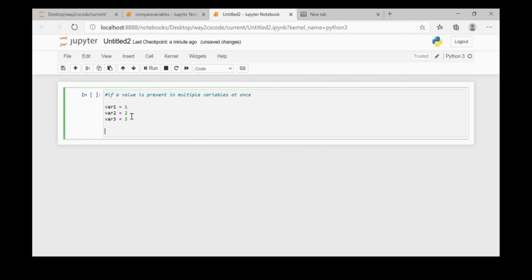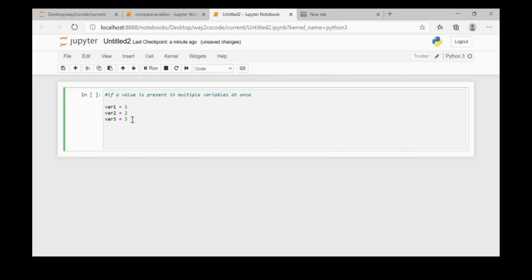I am taking integer values here, but if you are going to use this program with string values, then you have to write something like variable 4 is equal to green. Whatever string values there are, they will come inside the quotes, and if you want to write an integer value, you will write it without quotes. So let's comment it.